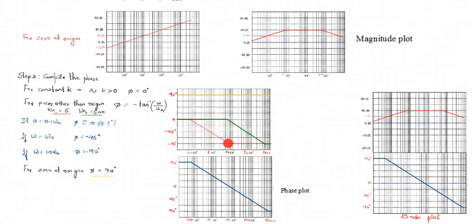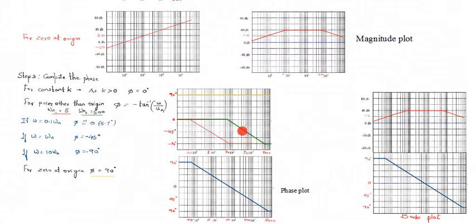And similarly using the same analysis we'll do it for omega n2. So 0.1 of omega n, that is 50. So up to 50 you could see here the output of the phase is 0. When omega takes a value omega n, that is 500, the system reaches a phase of minus 45 degree. And when omega becomes 10 omega n, 5000, then the system reaches minus 90 degree, right? So this is the phase.